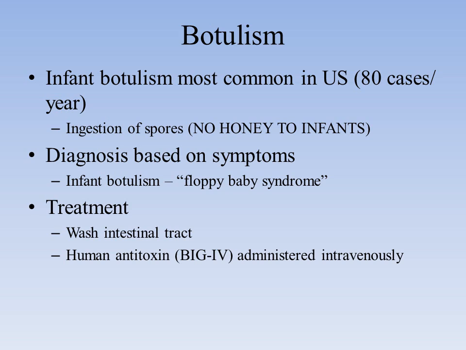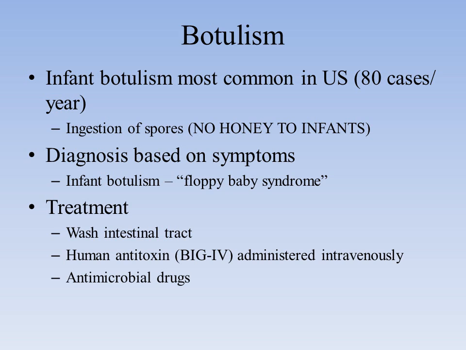and treating with the human antitoxin intravenously. This is actually really important. So the antitoxin for botulism is the BIG4, and that's going to be given intravenously in order to basically bind to all the toxin in the body and eliminate it. So it prevents the toxin from interacting with the nerve cells to prevent the release of acetylcholine. To prevent that from happening, nerve cells can then stimulate muscle cells to contract, and the body can go on